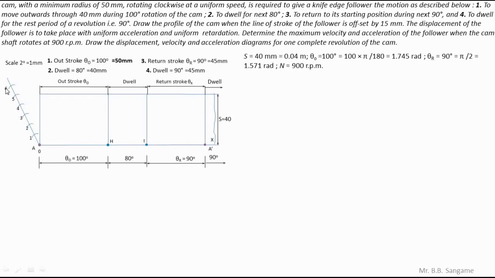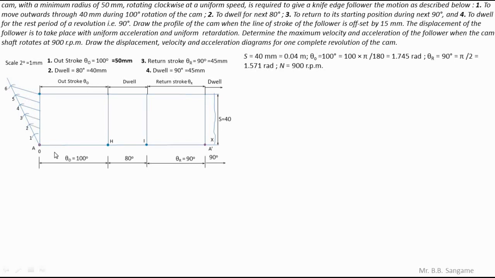So next I am going to join the last point, this 6, with the left topmost corner. Okay, so let us join. Next I am going to draw parallel lines from every point. To this line, which is passing through 6, I am going to draw the next line, which will pass through point 5. Similarly for point 4, 3, 2 and 1. So let us draw the parallel lines to the first line.